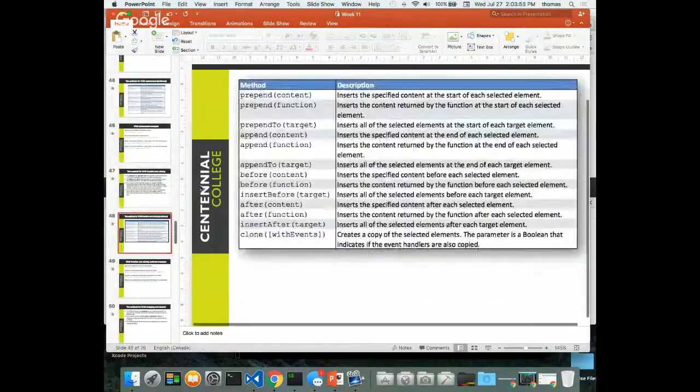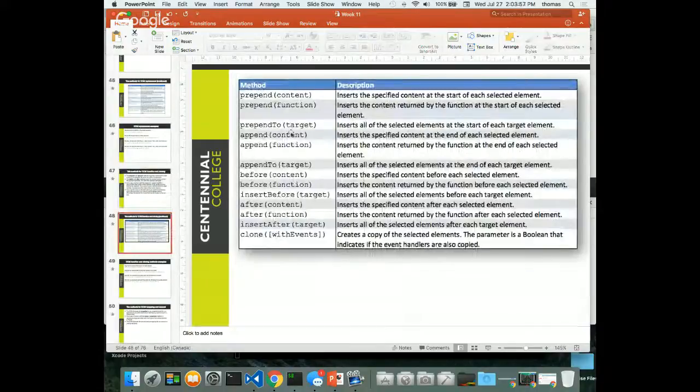Prepend and append. There's some other really cool effects here. But basically, if you understand the way jQuery works, and hopefully by now you should understand the way it functions, you should be able to do any of this stuff that you want to do. The trick is to know that it can be done. Right? Example, I want to add something before. When it says before, that means I want something to be inserted before the selected element. Like for example, I target the element, whatever it is, and then I use before, and I put my new